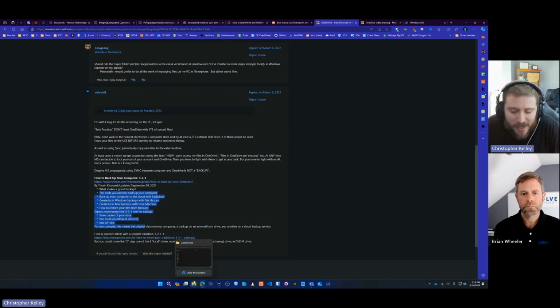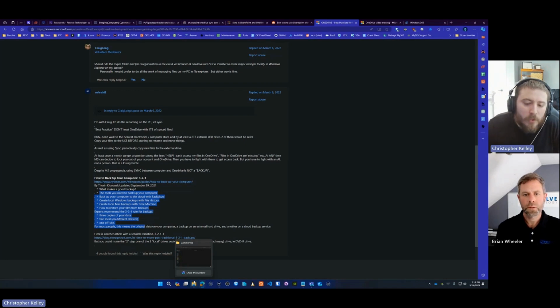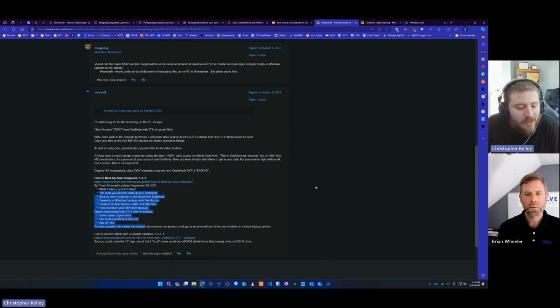It isn't a backup. And we mentioned this before too, if you read the user agreement, Microsoft is not responsible for your data. So if you go with the OneDrive client and you change things around, you delete files, and they're not in the SharePoint recycling bin or your OneDrive recycling bin, there's potential data loss, and Microsoft's not getting that data back